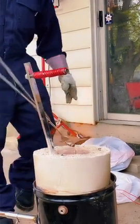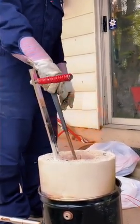That's in there right now. So that aluminum is not